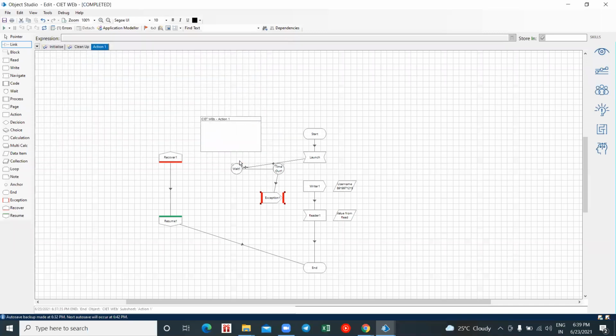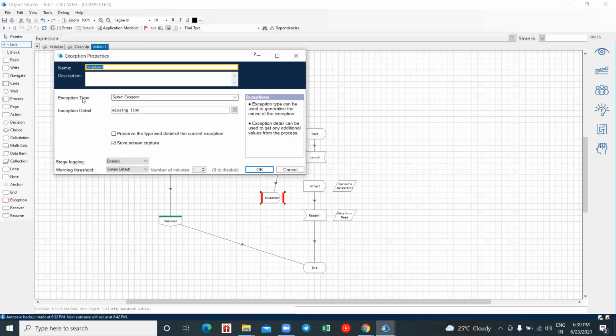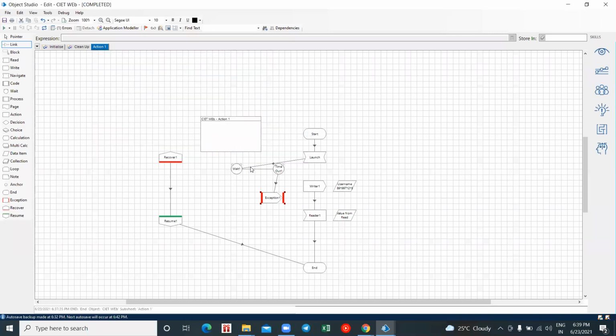So what happens whenever this exception occurs? When this log is seen by your manual team, they'll easily identify what sort of exception it might be. If I don't give these exceptions here, which type of exception it is, and why this error has occurred, they'll find it difficult to check. As this is a simple and very small flow, you will be able to identify that you have a missing link over here, and that is the error.